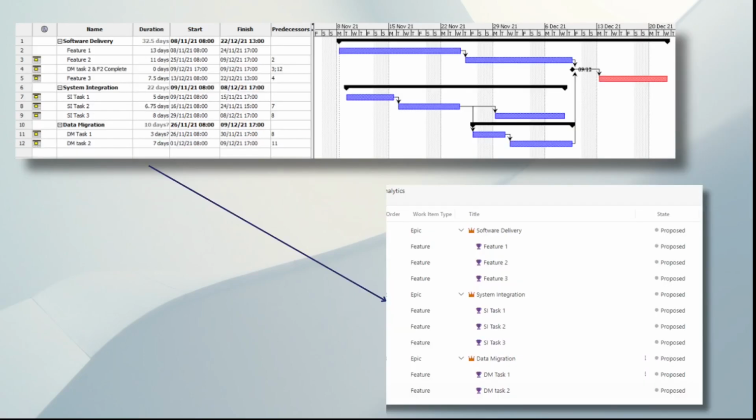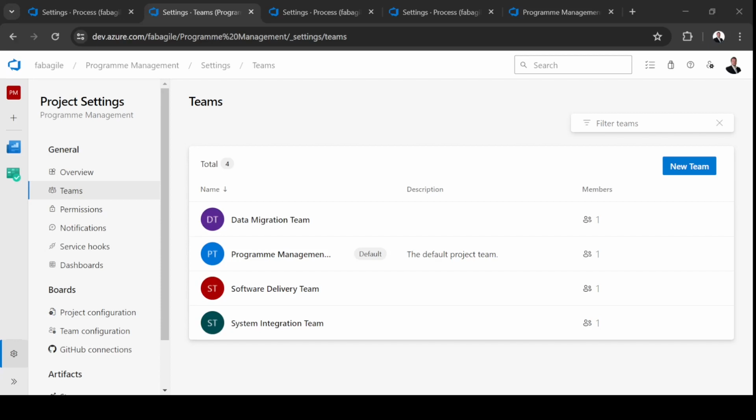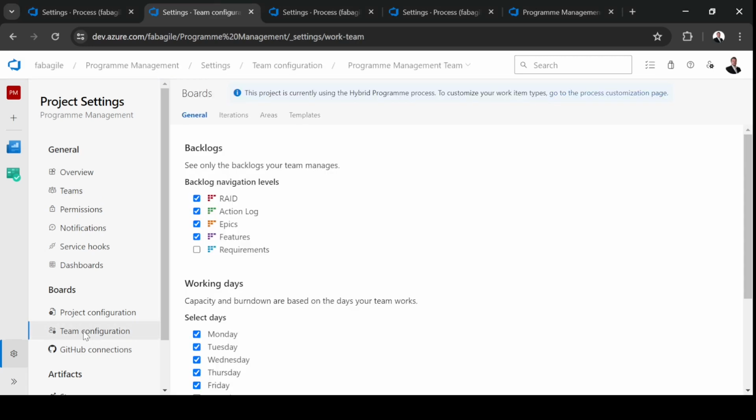You could use this plan to create your initial product backlog, extract the useful info from the plan, and adapt to the backlog structure. The first step is to create the 3 teams: the software delivery team, the system integration team, and the data migration team. ADO creates a default area for each team, and this is important to know for the next step. From the team configuration